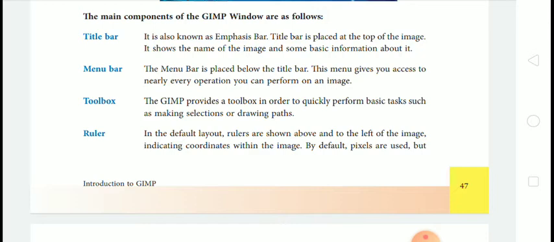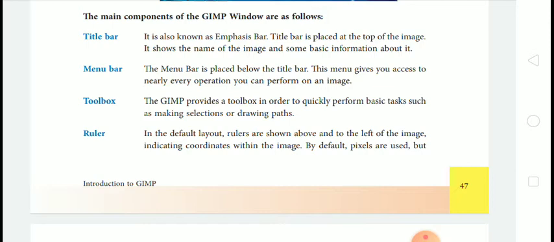Means the title bar is always placed at the top of the image, and it shows the name of the image and some basic information about it. The next is the menu bar. The menu bar is placed below the title bar.